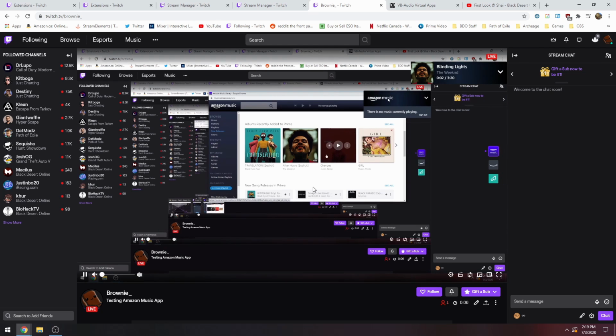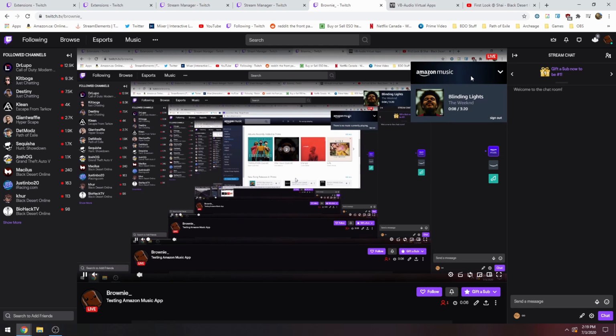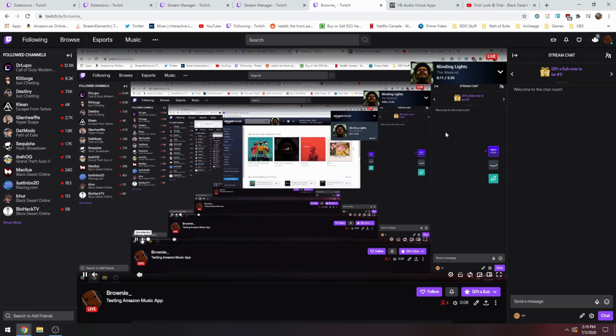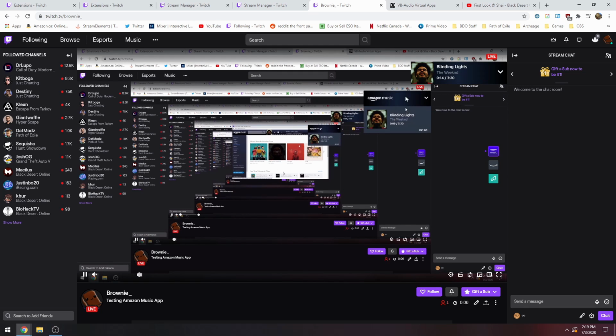So I'll actually mute, and I'll show you what it does here. We mute the song, mute the stream. If you mute the stream, it mutes all audio. It mutes the music, and it mutes this. So you have no music slider. If I unmute the stream, it actually gives you a volume slider for the music, so you can adjust it